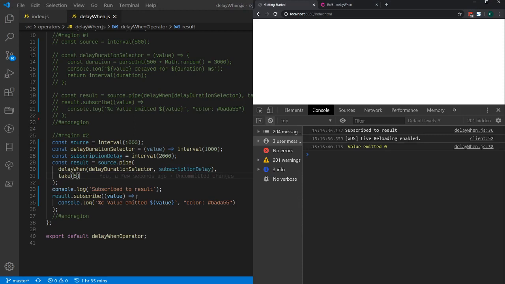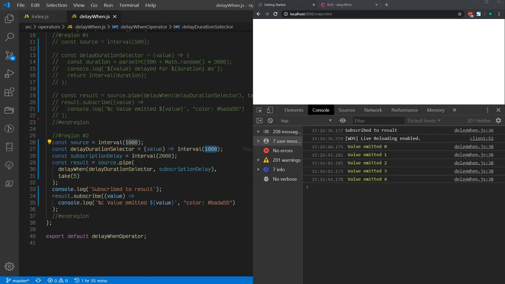Here we subscribe to the result, and you can see that the interval was 1000 milliseconds. So that's the reason my value will be emitted every 1 second. The delay duration was 1 second again. So the actual value emitted by the result will be delayed by 2 seconds, because the first is 1000 milliseconds over here, and the second here I'm getting 1000 milliseconds, right? So 2000 milliseconds. But here I'm specifying a subscription delay of 2000 milliseconds, which means 2 seconds. So my first value will be emitted after 4 seconds.